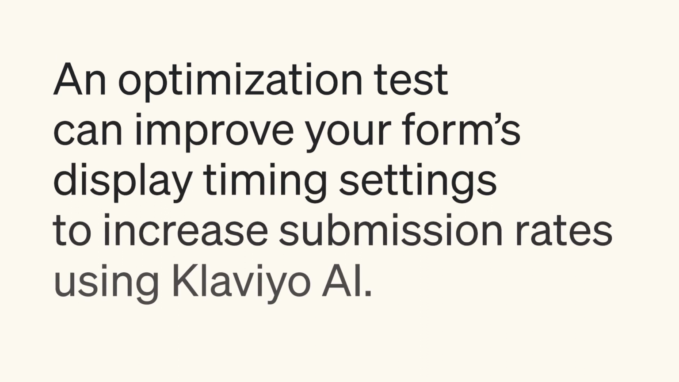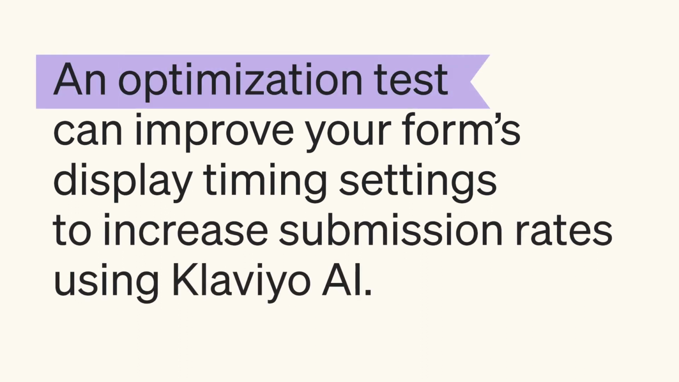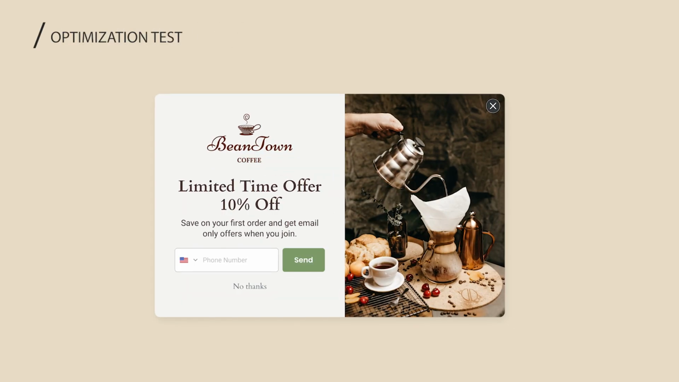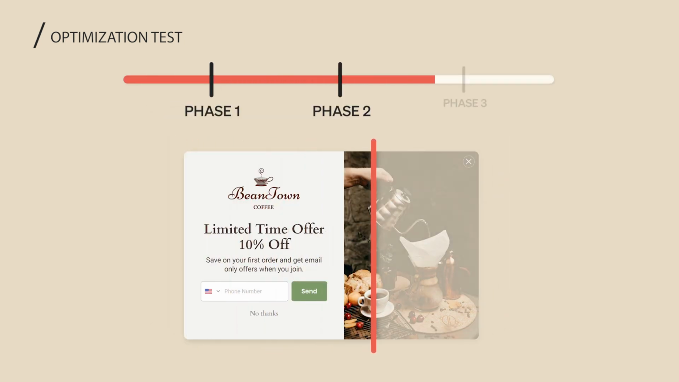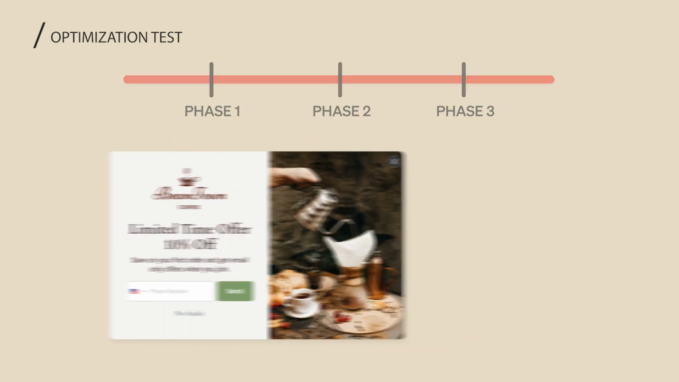Finding the best time for your sign-up form to appear on your website has never been easier. Now, by running an optimization test, you can improve your form's display timing settings to increase submission rate using Klaviyo AI. Keep in mind, you must have a total profile count of at least 400,000 to qualify for an optimization test. An optimization test runs a series of AI-generated experiments in phases to determine the most effective timing settings for